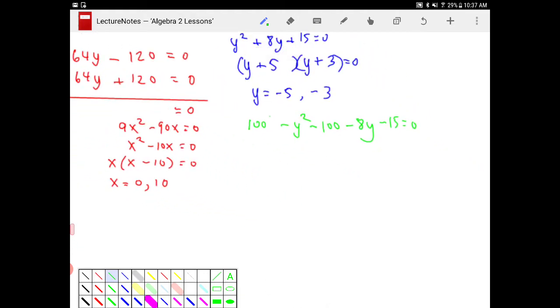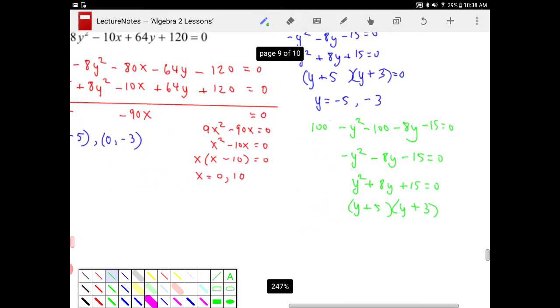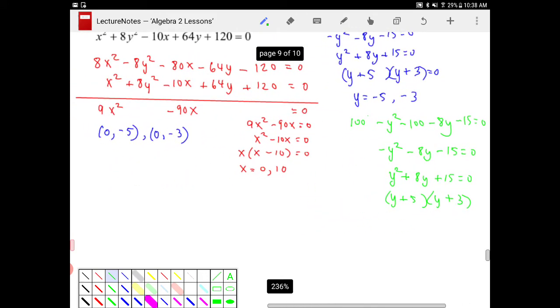So if I simplify this, again, I'll end up with negative y squared minus 8y minus 15 is equal to 0. And look, we get to a very, very similar situation here, right? Divide both sides by negative, y squared plus 8y plus 15 is equal to 0. Or in other words, this thing is factored into y plus 5 and y plus 3. So we get another pair of points, which are